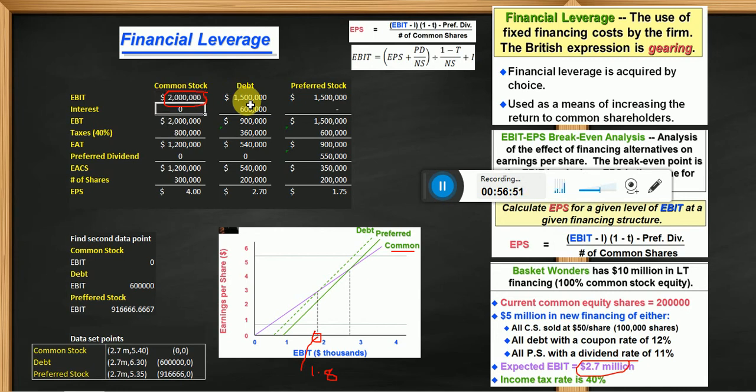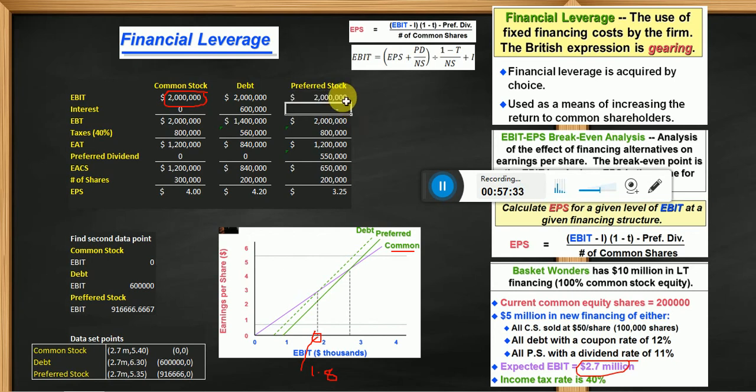Look, and the 20 lakh or 2 million, how much is it? That is 4. And here in the 2 million, how much is it? 4.2. So once again, if your expected EBIT is more than 1.8, it means more than 18 lakh, then keep in mind after this intersection point, this debt line is dominated, as you have mentioned here. So I'm just increasing to 2 million or 20 lakh, that is higher than 1.8 or 18 lakh. That is why when your expected EBIT is high, in any situation, even here, look here,